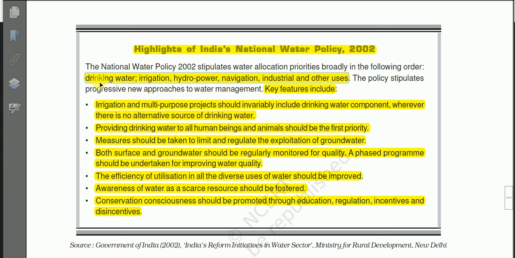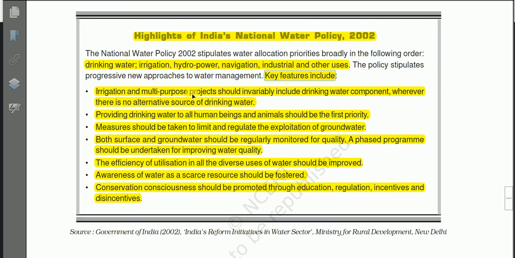Then after drinking water, we have irrigation, then the third one hydropower, then navigation, that is transportation, then industrial use, and last the other uses. So in this way, allocation of water is arranged in order of priorities. Then this National Water Policy 2002 stipulates progressive new approaches to water management. And the key features of this National Water Policy are: